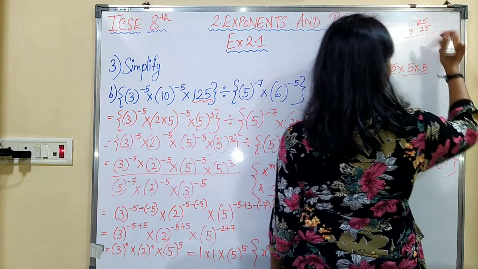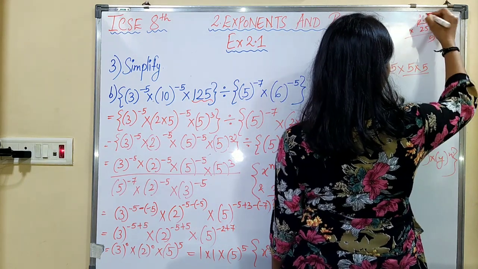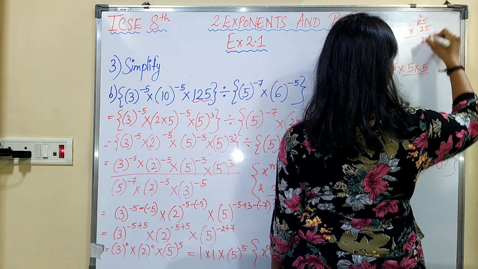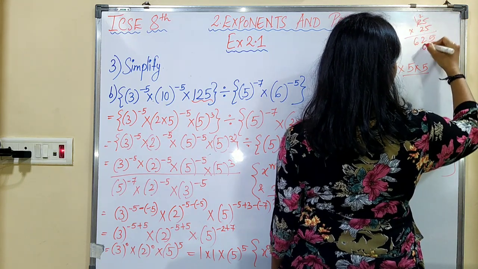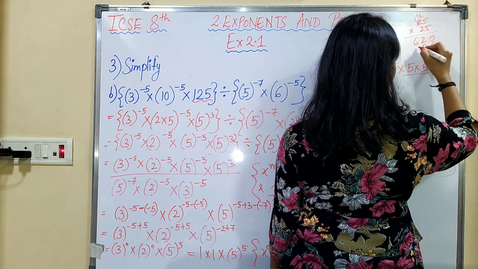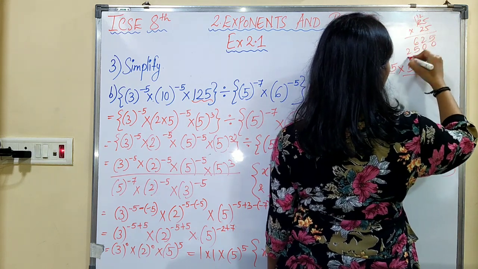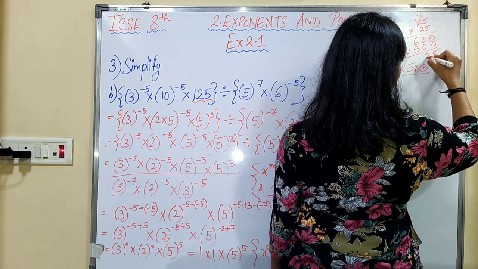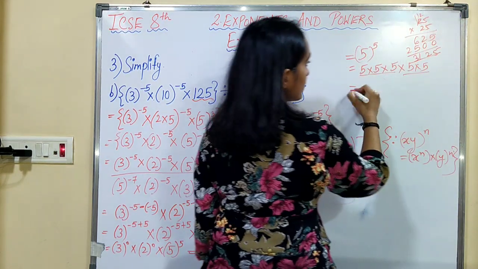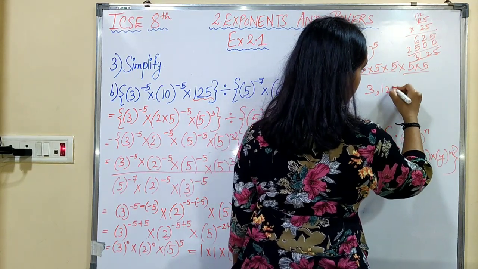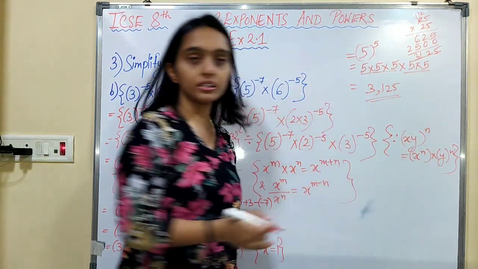So you get 5 5s is 25. Carry 2, 5 2s are 10 plus 2 is 12. 5 1s are 5 and 6. 5 2s are 10, carry 1, 2 2s are 4 plus 1 is 5 and 2. So you get 5, 2, 3. So you get 3125 as your final answer.